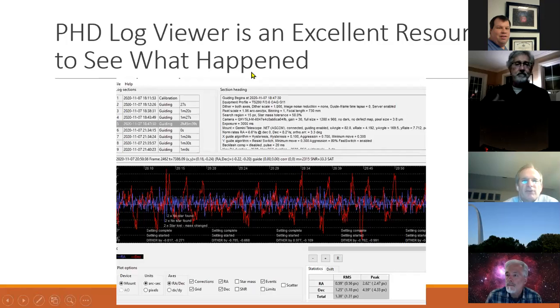The other thing that I find very, very helpful, it's just sometimes fun to look at, is this free application on the website for PhD2. Somebody wrote a log viewer. So PhD by default is set up to log all the events throughout the night, and it's a great resource. I'm going to try to bring this up